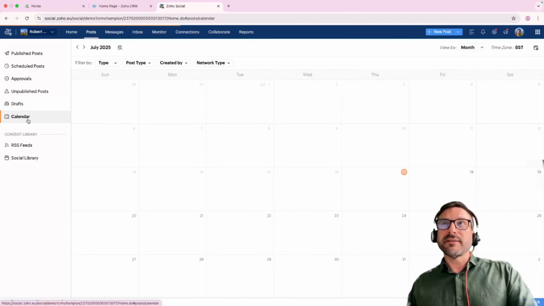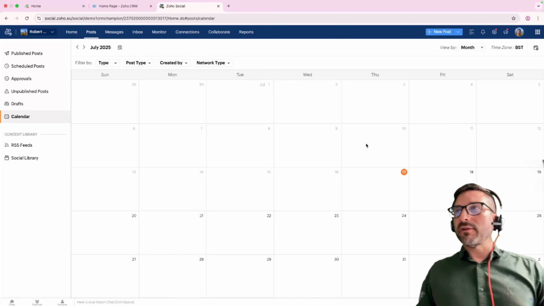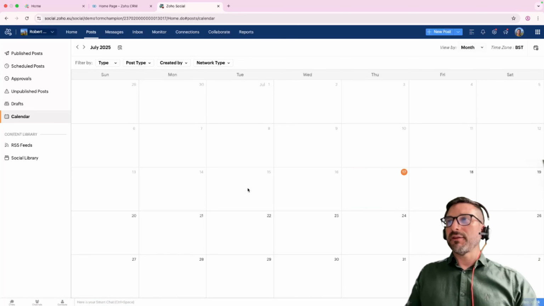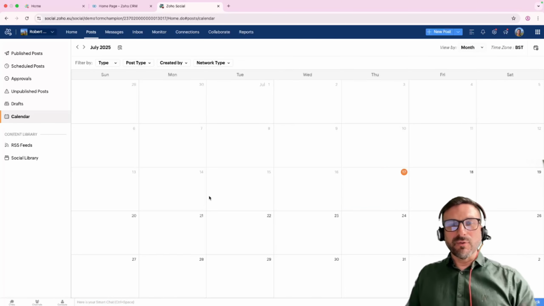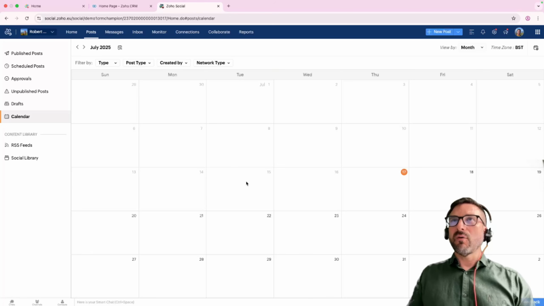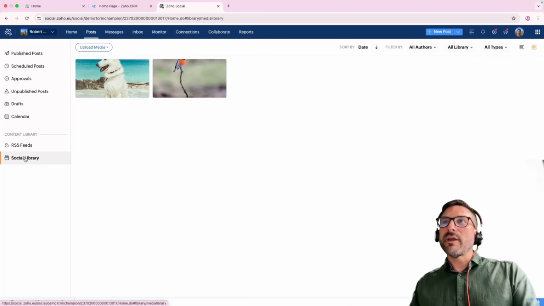There is also a scheduling calendar, so all of your posts, as we said, anything that's scheduled in to be posted will show up on this calendar here and give you an overview of what is going to be released on what specific day. Then we have a social library. So if we look at that, then we've got